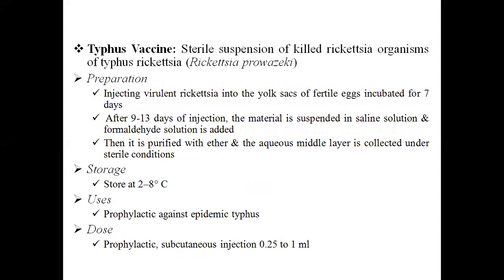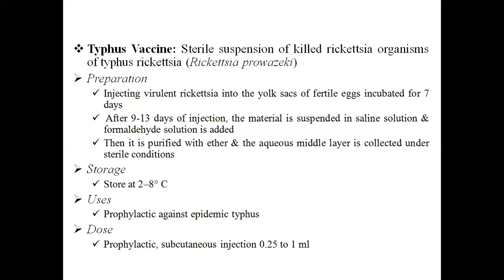The next one we are going to discuss is typhus vaccine. We know that typhus vaccine is a sterile suspension of the killed rickettsia organism of a strain or strains of epidemic typhus rickettsia, which is known as Rickettsia prowazekii. Rickettsia prowazekii is selected for antigenic efficiency. The preparation is